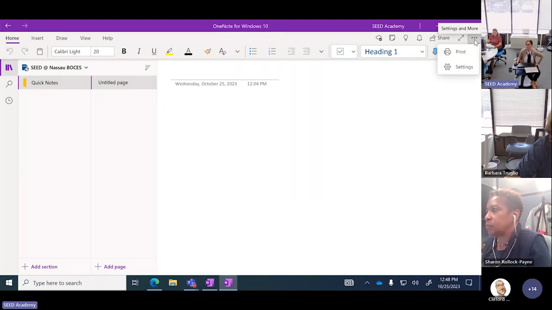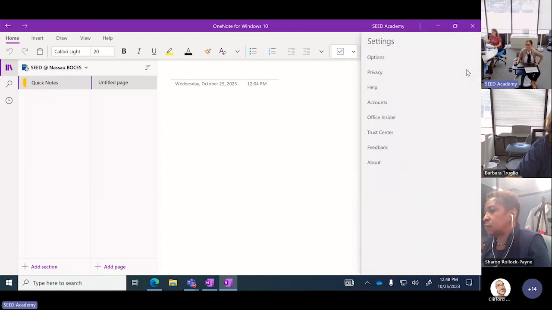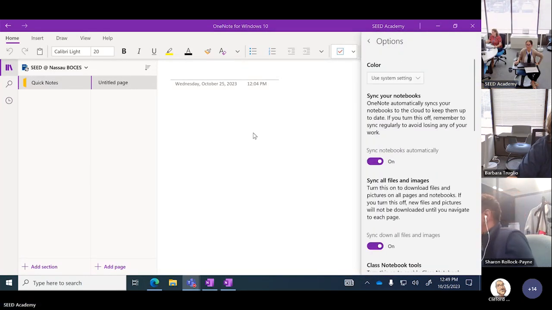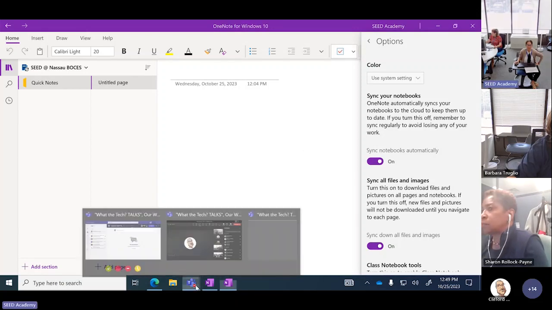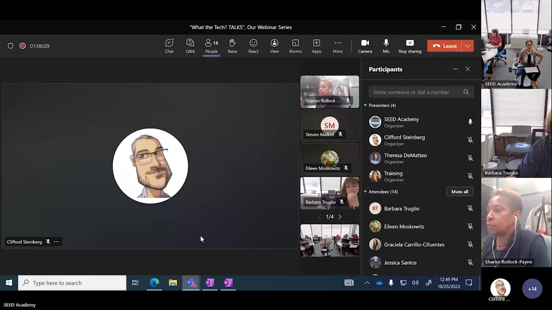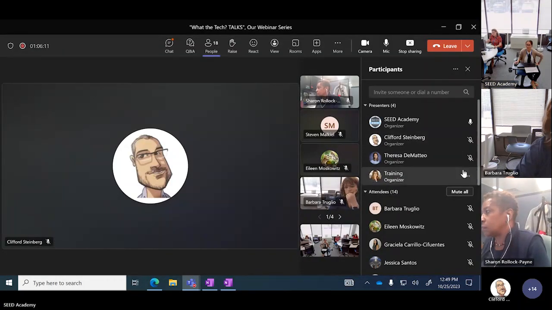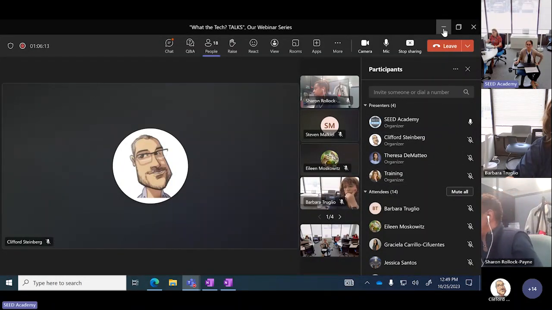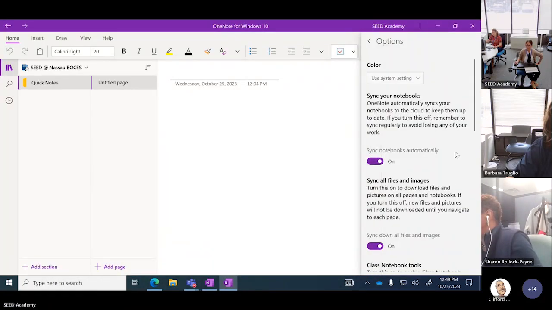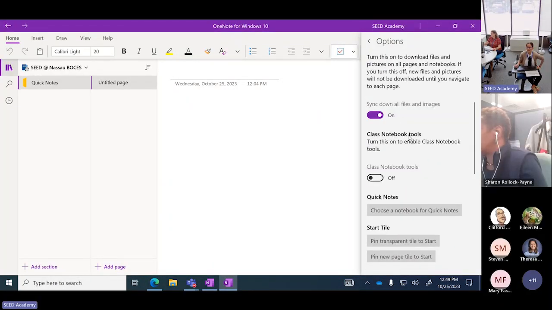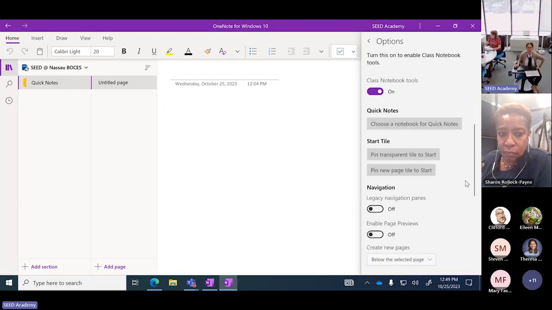In the 3 dots here, if you go to settings and then options, somebody that just needs to mute it, 1 second. Thank you so much. All right. If you scroll down, you're going to see this option here that says turn this on to enable Class Notebook tools. So if you turn that on,